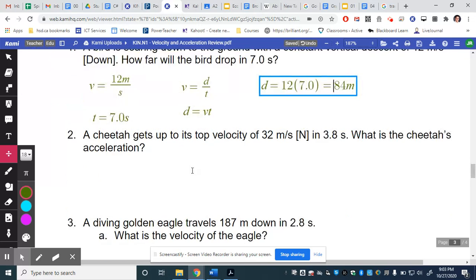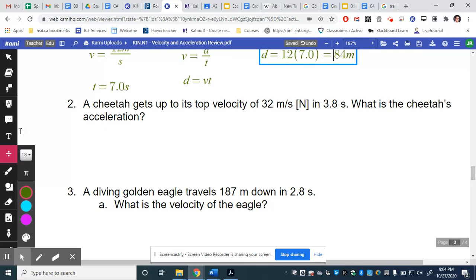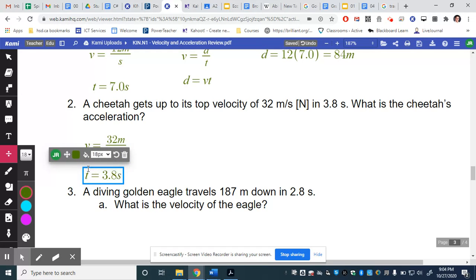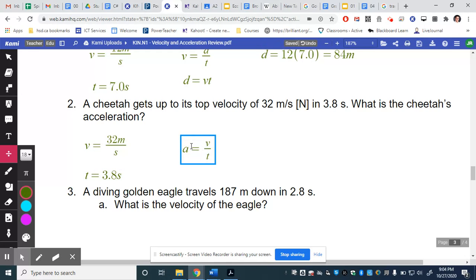It'll drop 84 meters. The cheetah gets to its top velocity 32 meters per second in 3.8 seconds. Okay, so we got 32 meters per second. That's our velocity. It gets up to that, and so it seems like it changed that much in a time of 3.8 seconds. What is the cheetah's acceleration? Well, our formula is A equals V over T, and that's the change in velocity, and it seems like it changed 32 meters per second because it got up to that, so probably from rest. So then our acceleration is 32 divided by 3.8, and we get that becomes